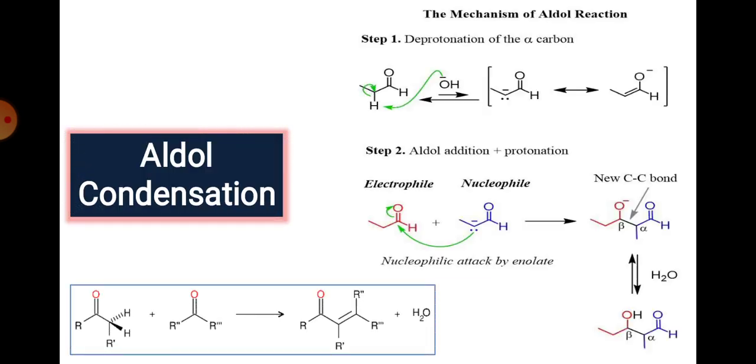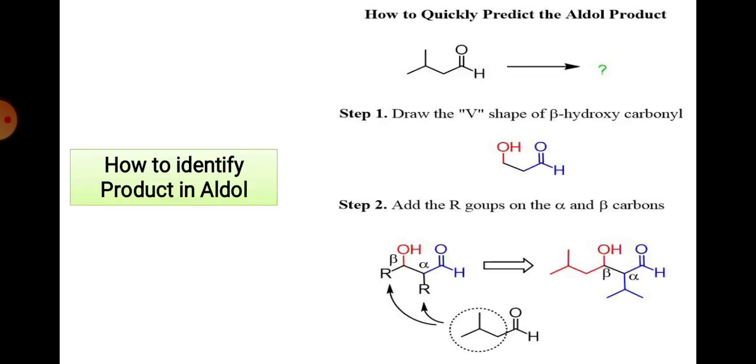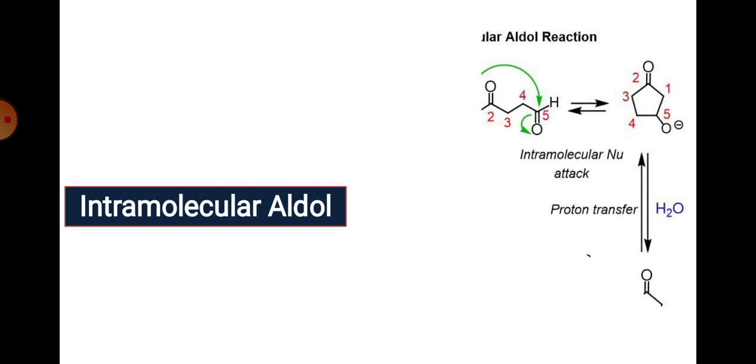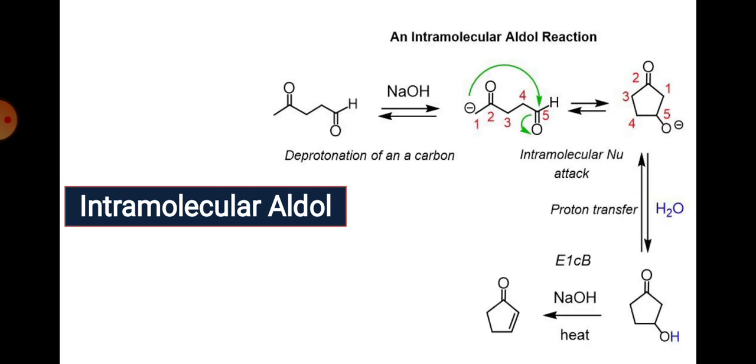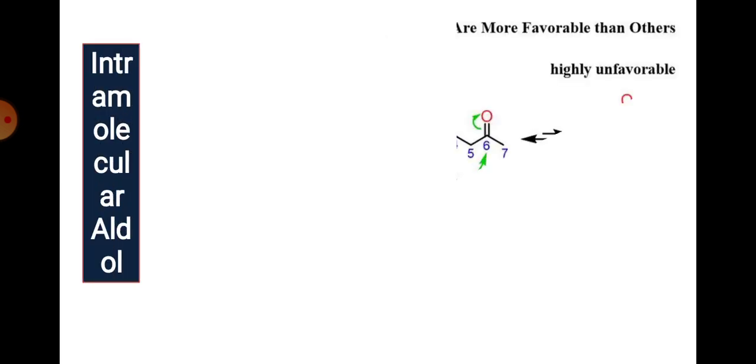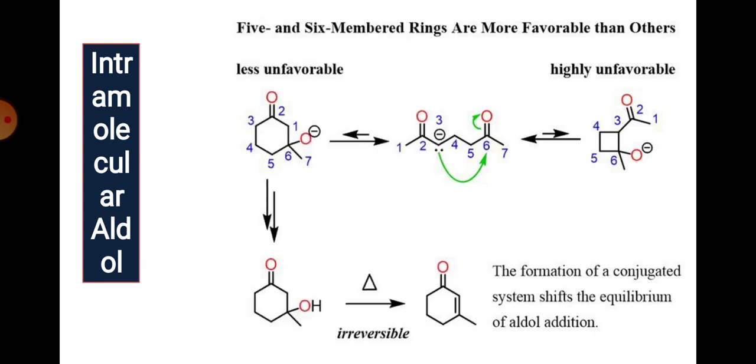Okay, so this mechanism I will repeat, I will show here. Look at this one now. The E1CB mechanism, that is beta hydroxy ketone will undergo the dehydration process by the anion stabilizing mechanism, that is E1CB, and leads to the enone, cyclopentenone. One of the best reactions. Now another example here, we have this molecule, two ketones in the same molecule, again the same mechanism occurs, but there is a reduced selectivity.